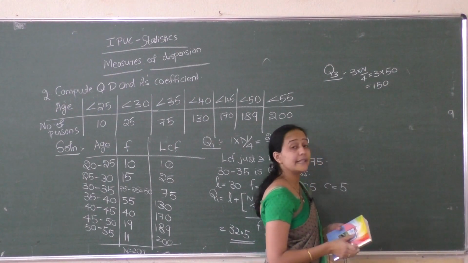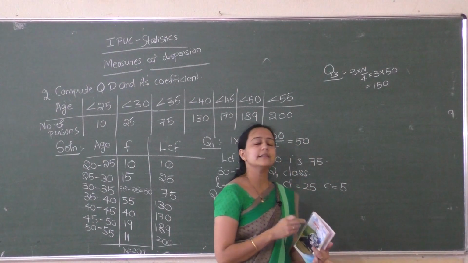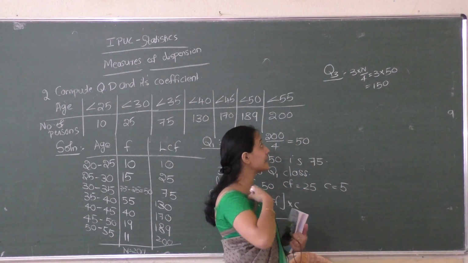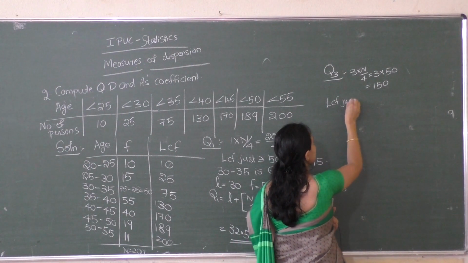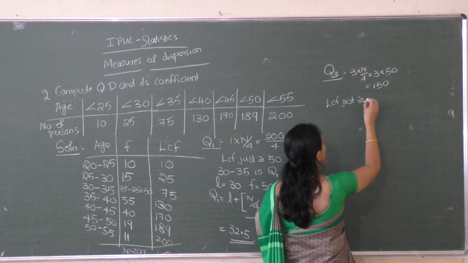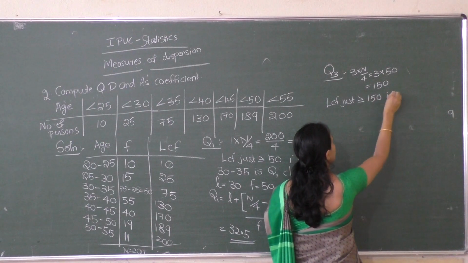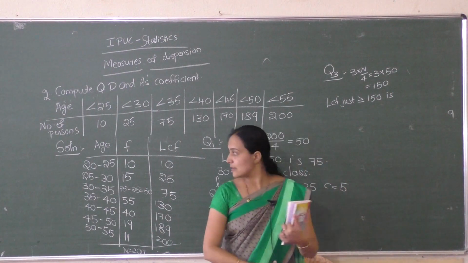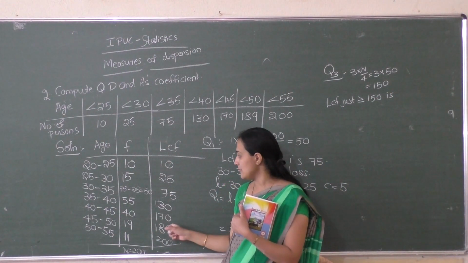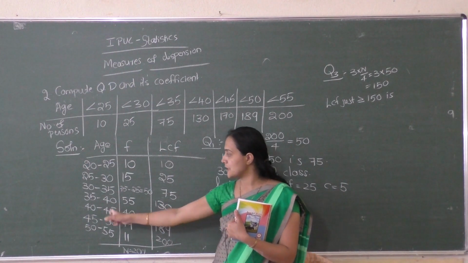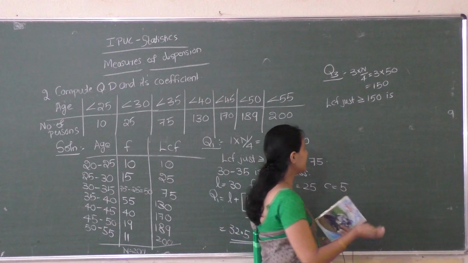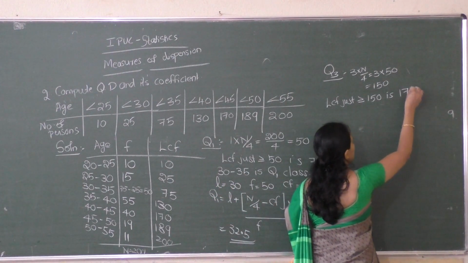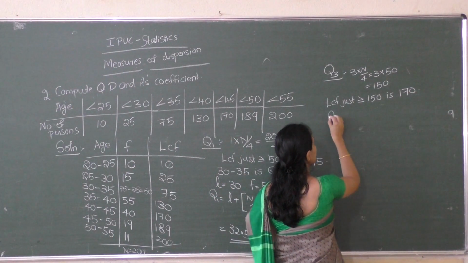Next 3n by 4, the cumulative frequency just greater than 3n by 4. The cumulative frequency just greater than or equal to 150 is which one? The one greater than 150 is 170. 170 is class 40 to 45, isn't it? Yes, 40 to 45. This is 170. Therefore the Q3 class is